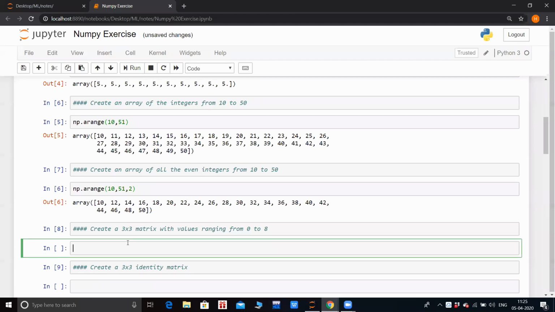Okay, now create a 3 by 3 matrix with values ranging from 0 to 8. You can do this in 2 to 3 steps. Still, I'll show you how to do it in 1 step. It's okay. I'm telling you this multiple times. It's okay if you get your result. I'm more than happy if you get your result in any number of steps right now, because it's just been 2 days and you are beginners. I'll wait for another minute.